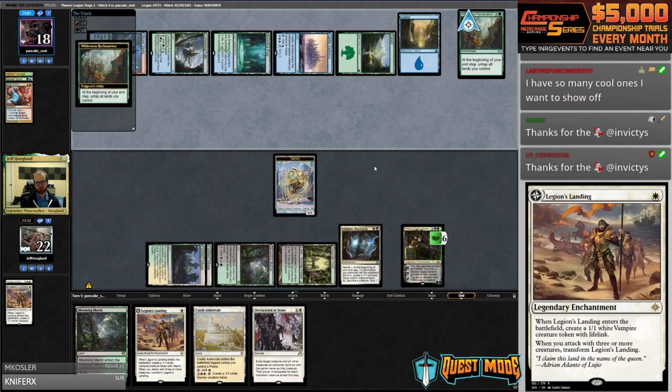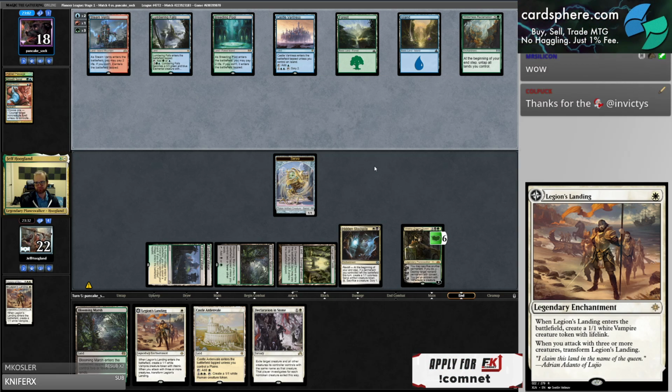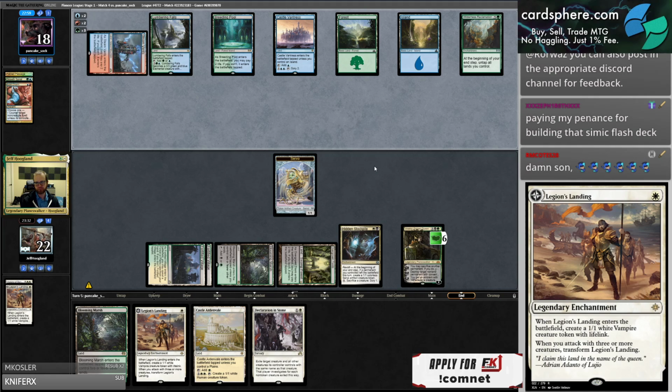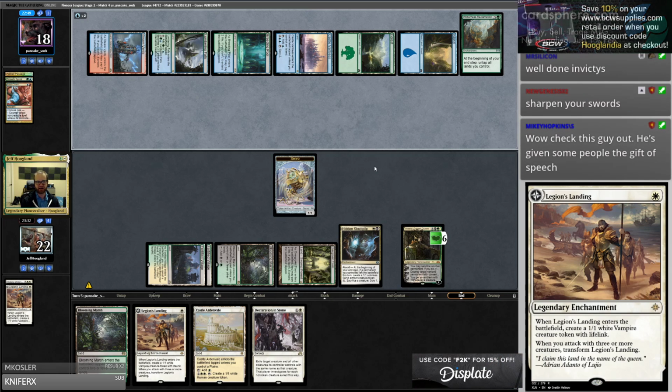So it looks like the opponent's playing Nexus of Fate, splashing for Is It Charm and other red stuff. Paying my penance for building Civic Flash. Lol. Are they an Expansion Explosion deck? They could just be playing Expansion Explosion, could not be a Nexus deck, just be an Expansion Explosion deck ported to,